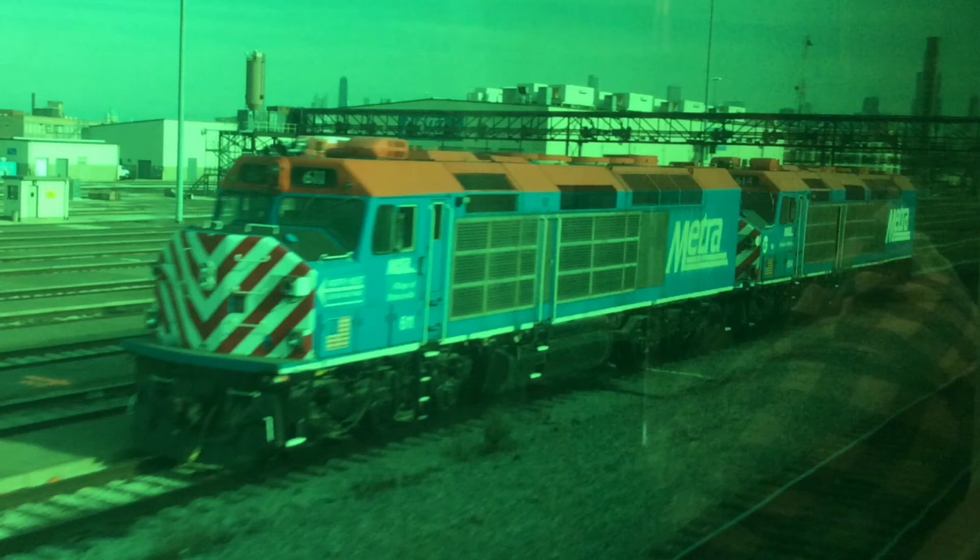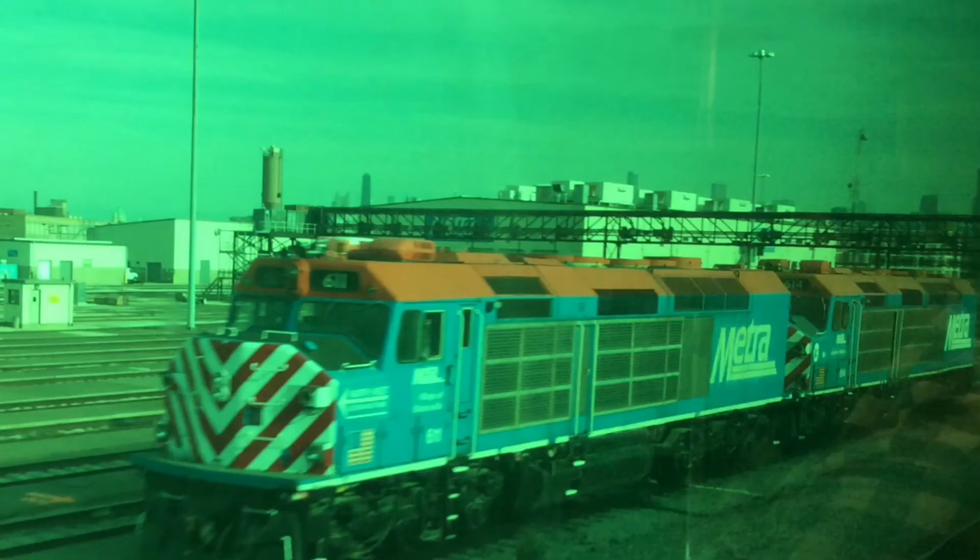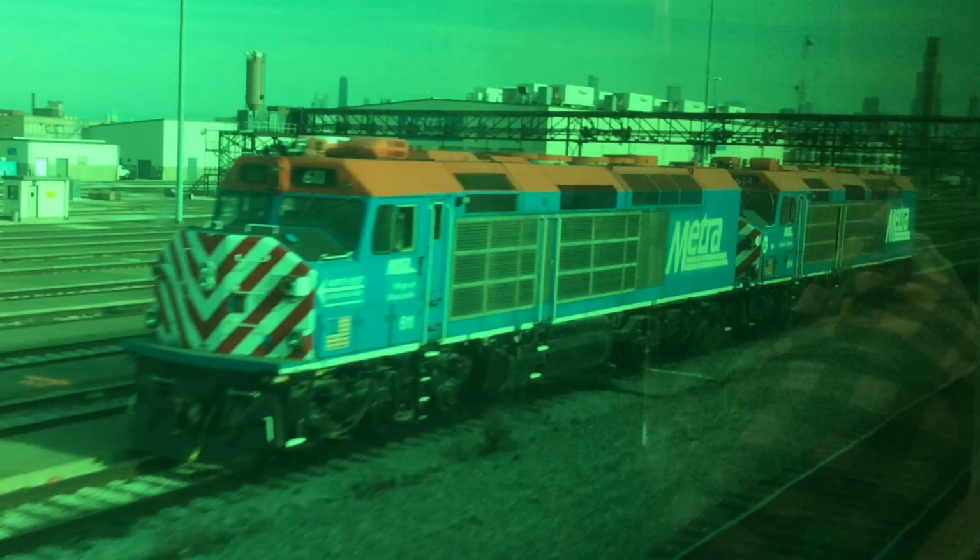In the spring of 2009, Units 611 and 614 were placed back into revenue service on both of Metra's ex-Milwaukee Road commuter lines. This was done to cover schedules while the oldest units in Metra's EMD F40PH fleet were being rebuilt. Towards the end of 2016, with many F40PH-2 and F40PH-M-2 locomotives being sent out for rebuild, there is